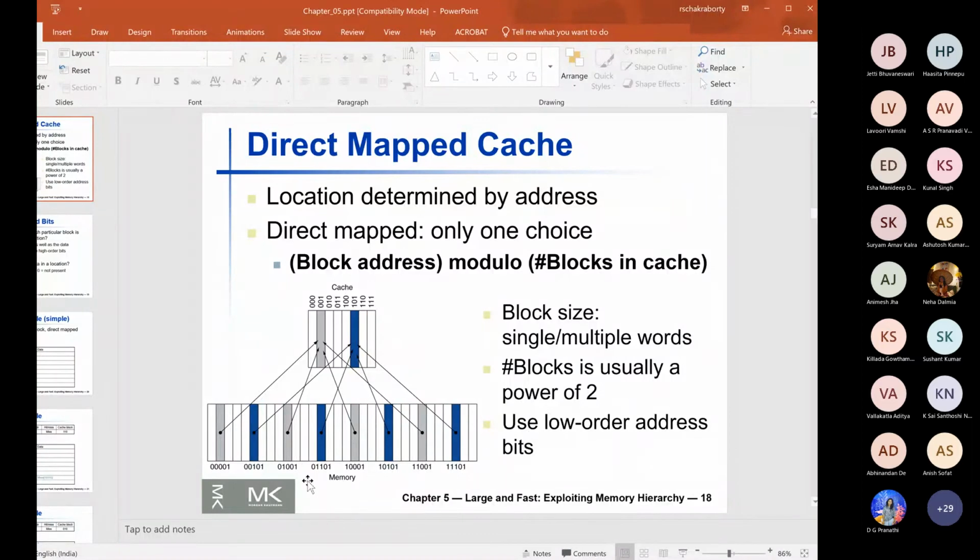For example, if currently block 00101 is mapped to the cache and the cache block has been modified, suppose after some time a necessity comes that block 01101 has to be brought into the cache. The 00101 block in memory must first be synchronized with the content of the cache, then the cache block can be overwritten with the 01101 block. So you must remember that this cache block has been edited but has not been synchronized. A block which has been edited in cache but has not been synchronized with memory is called a dirty block.